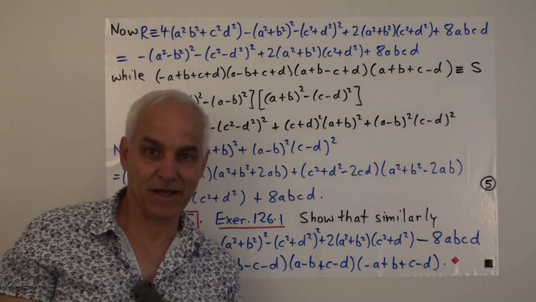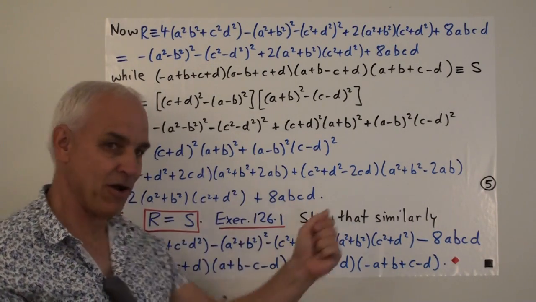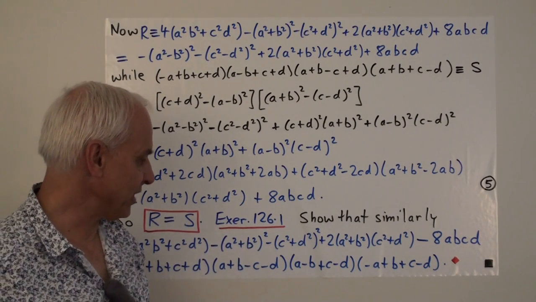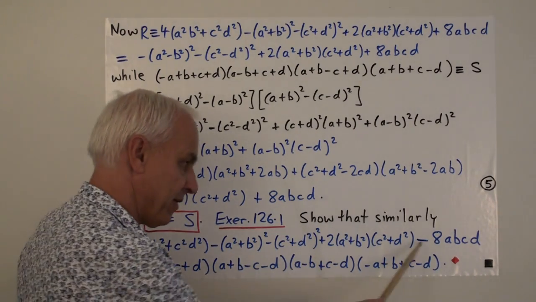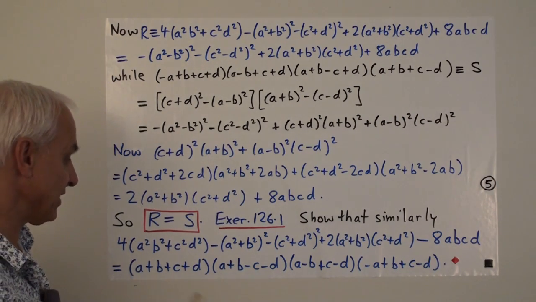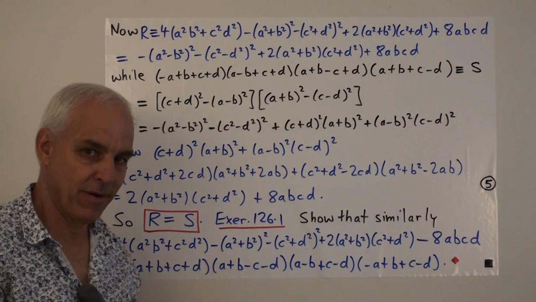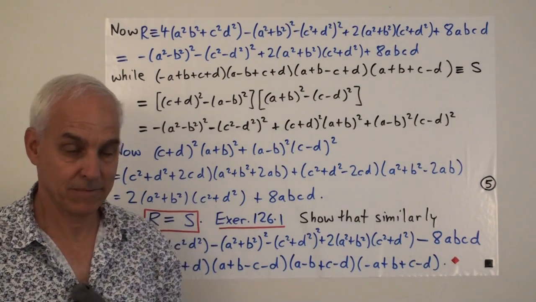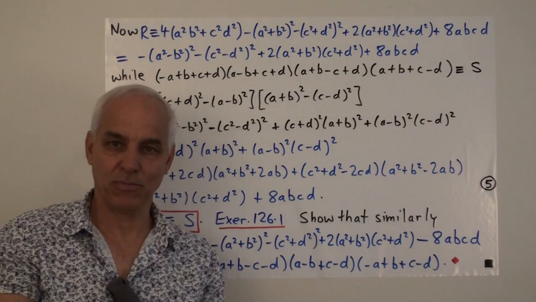Okay, so that was a lot of fun, a little bit advanced. Make sure you go over that, go through it carefully, write it down, and make sure you understand what's going on. Your exercise 126.1 is to show that similarly, the second line, when we expanded q of a squared, b squared, c squared, d squared, also factors in a similar way into the product of these four linear factors. These were the other four factors involved in this big Brahmagupta's identity. So this argument, combined with this exercise, proves Brahmagupta's identity.